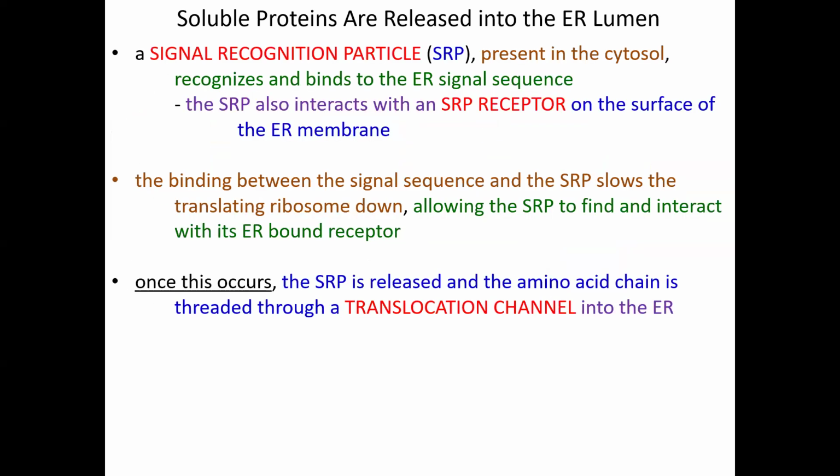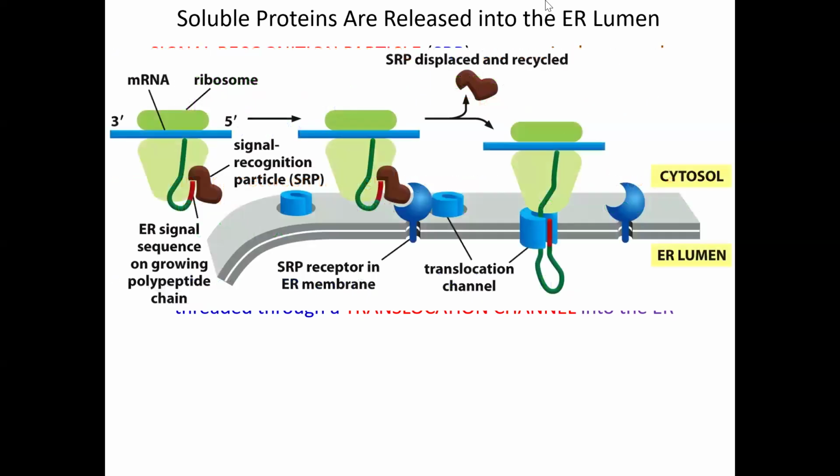Once it's bound to the ER receptor, a transfer occurs. The SRP is released, and the amino acid chain of the newly made protein, the protein that's in the process of being made, is now handed off to the translocator, the transport protein that's going to thread this protein into the ER. So that's step 3. Here's the SRP. It leaves now because it's done its delivery. And instead of being bound to a receptor, we have this protein translocation channel. The signal sequence is bound to that channel, and the rest of the channel is allowing the protein to be